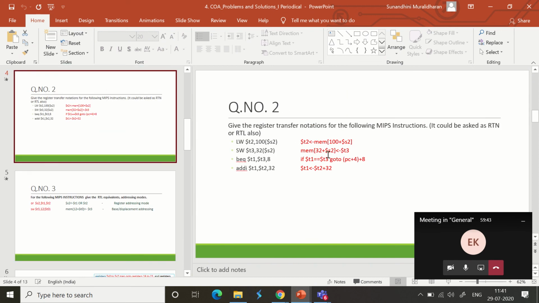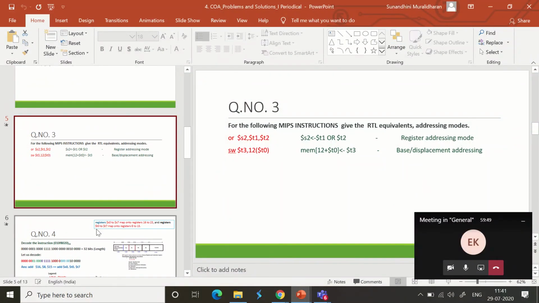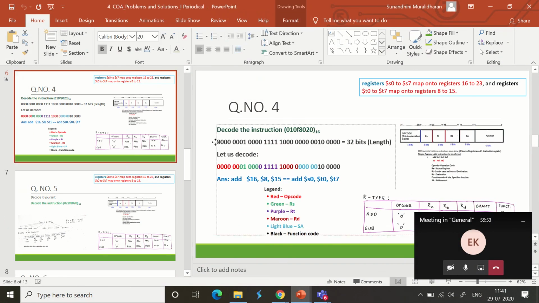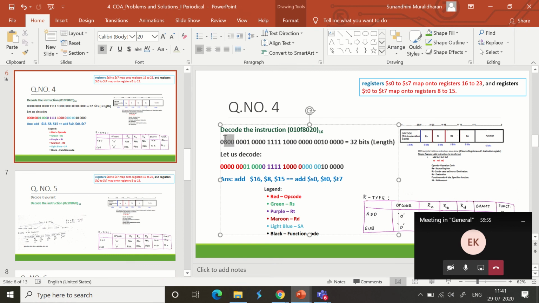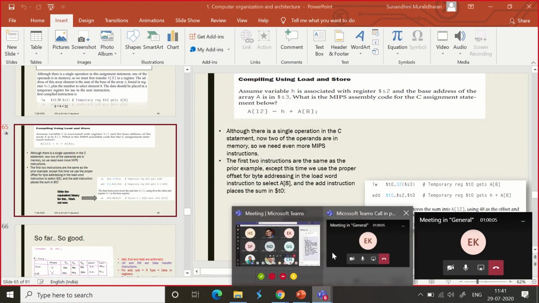That's one thing. Now, I'm teaching you something more right now. Please listen to it, or maybe we can do it tomorrow. This one is not required right now. Now the question is very simple. I have given a value here on the screen. You can see that here, this is the value that I have given. I want you to decode this and tell me what instruction this is. I'm pasting it in the chat box.